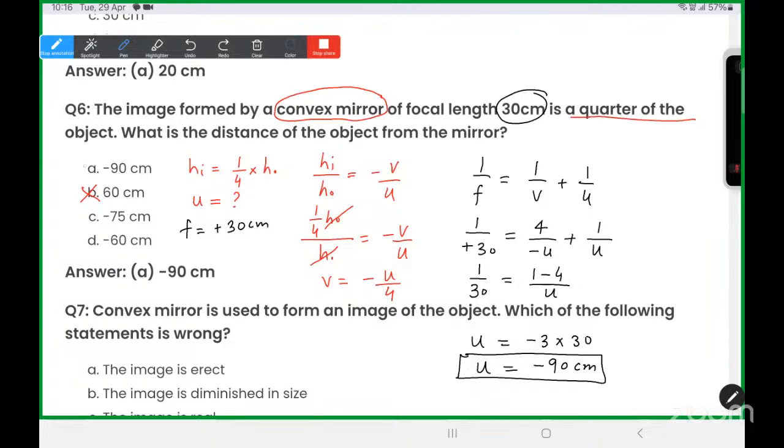सबको समझ में आया, -90 सेंटीमीटर। यस एवरीवन प्लीज सेटल डाउन, सेटल डाउन, सिट इन अ लाइन, एक स्ट्रेट लाइन में बैठो। चलो जल्दी से नेक्स्ट क्वेश्चन करते हैं बच्चों।